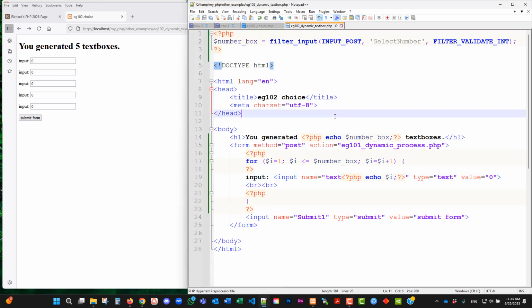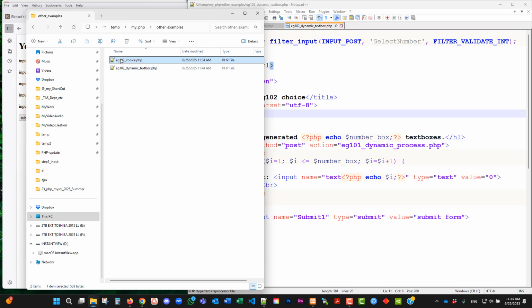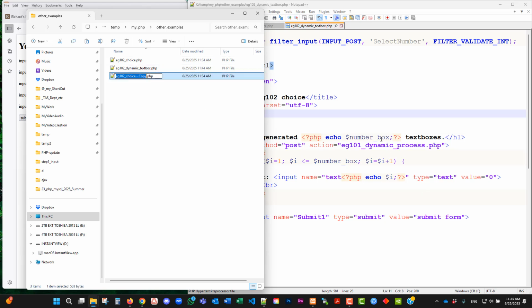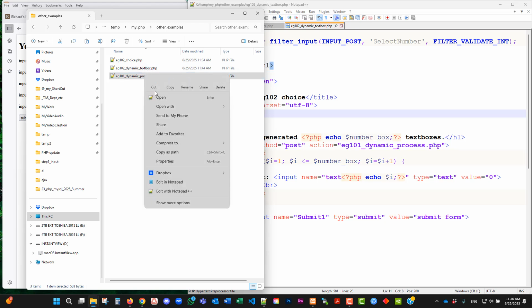Okay, to create the third page, we are just going to make a copy of, you guess it, the first page. So come back here, make a copy of this, paste, and rename it to, you guess it, eg101_dynamic_process.php. Open this in Notepad++